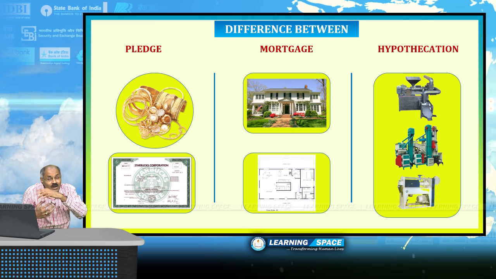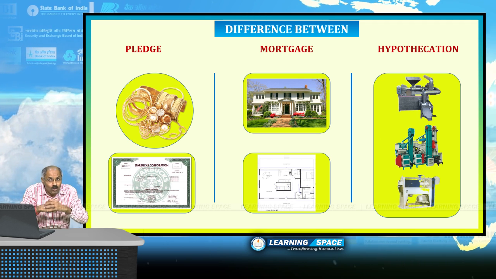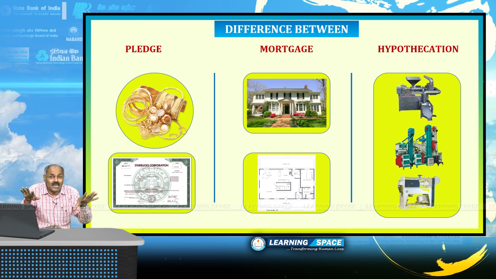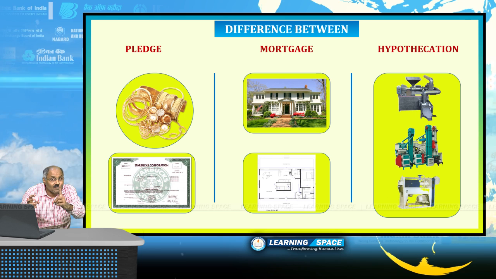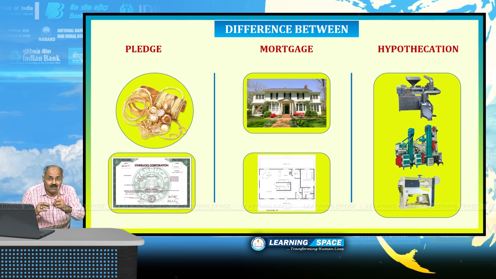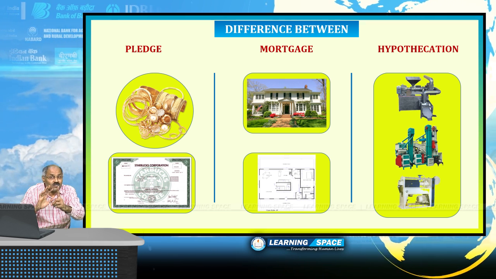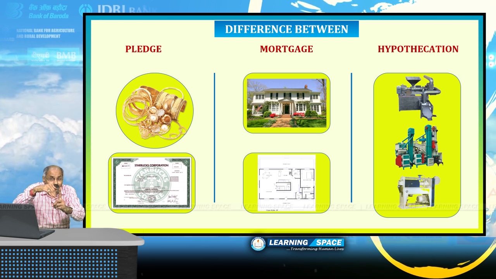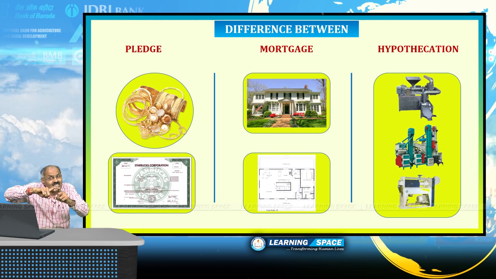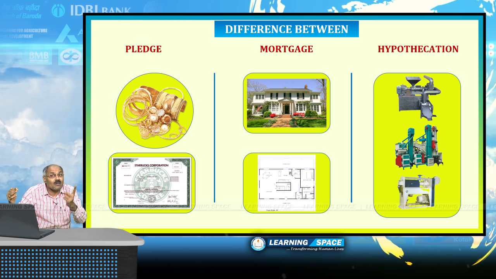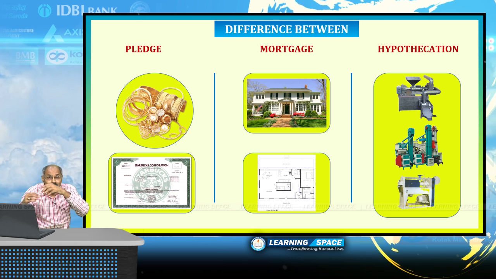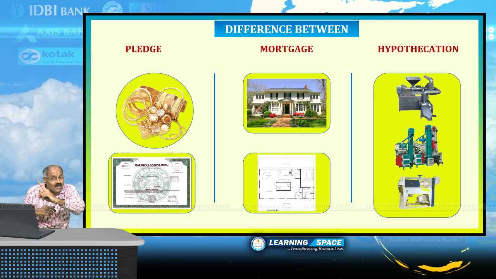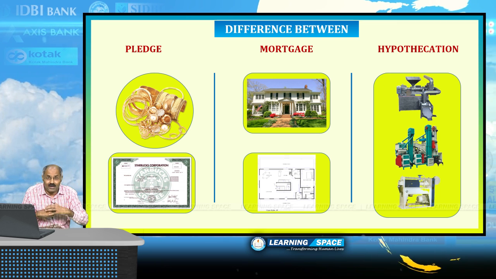I would like to tell you 2 points here. Please look into this house, whatever is shown here. You have not offered that as a security to any bank, that property will be unencumbered property. But if you offer that as security to some bank, then it will become encumbered property.